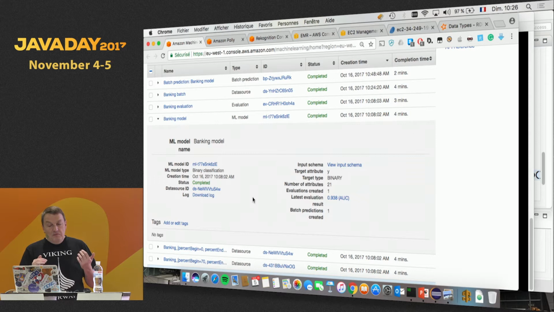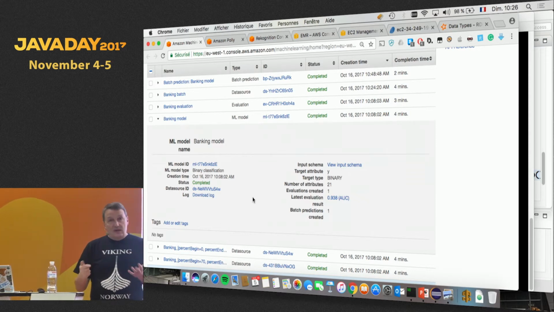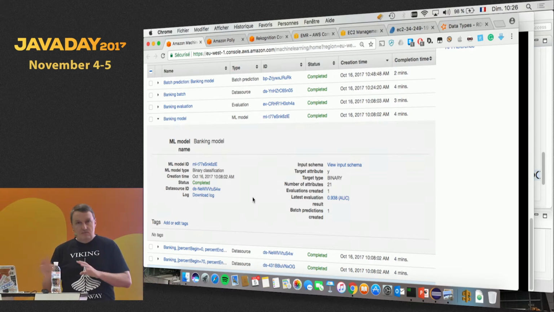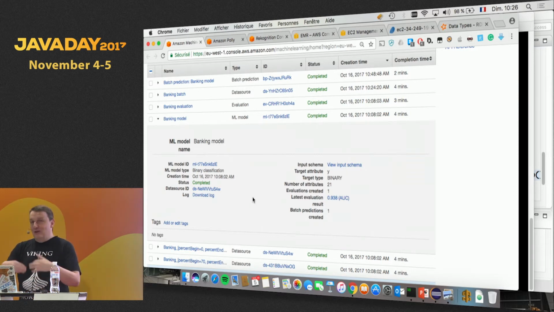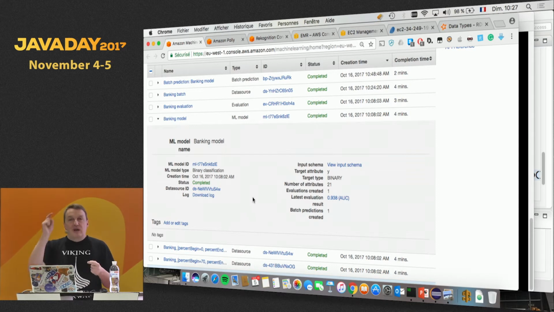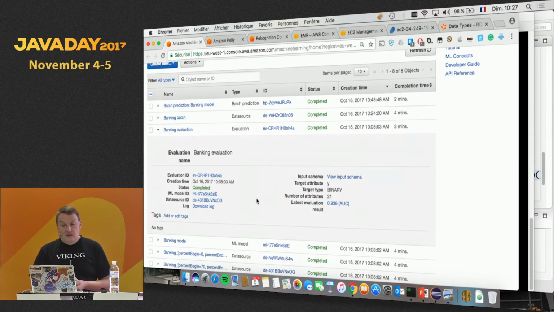Okay? So then I'm going to basically use that data source that I created and let the model train. Okay, and it's really as easy as I say it is. I'm just going a little fast here, but there's nothing happening besides, okay, build a binary classifier. Here's the target attribute you want to learn. Click, go and do it. Okay, and it's going to run for a few minutes, depending on how much data you send,